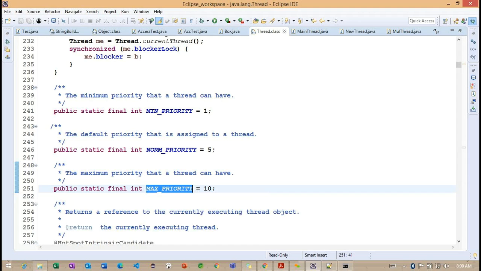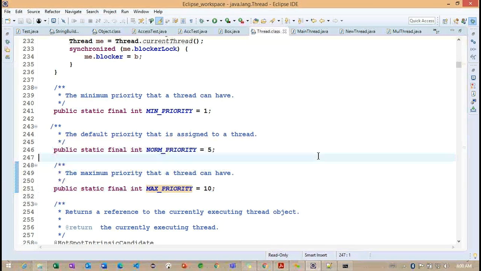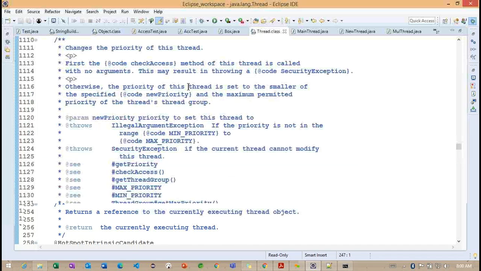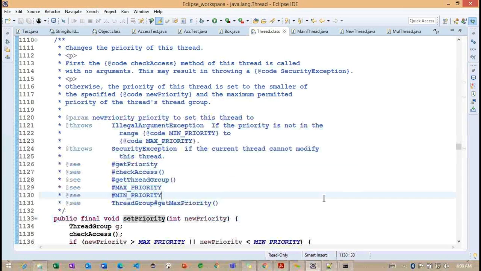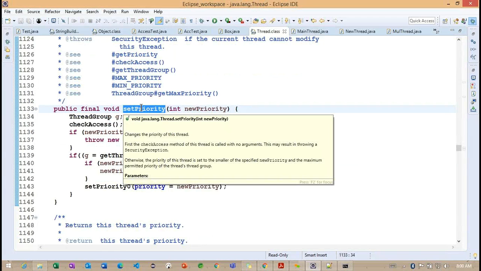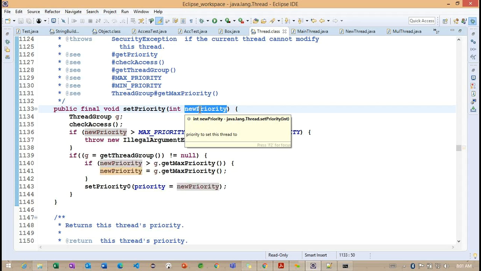We need to understand how we can provide a custom priority here. This is the internal implementation code of the set priority method. You can see this is also a final method. Now this is the priority we are going to provide.